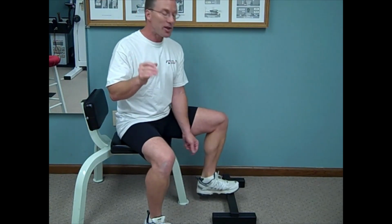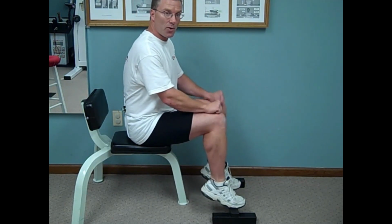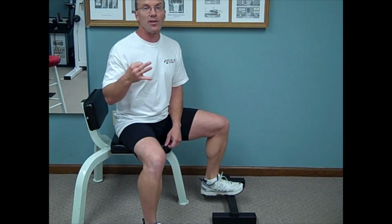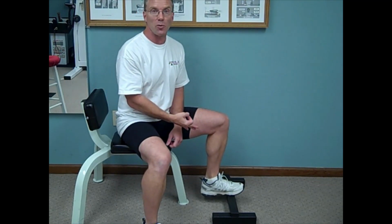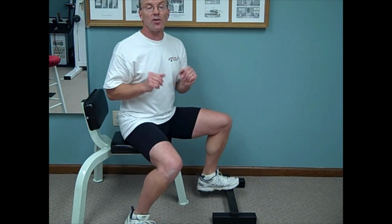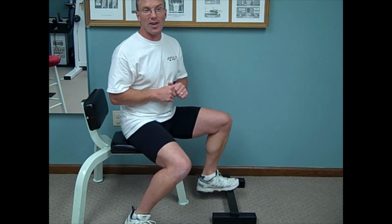Now if you have a particularly deficient soleus, you might be tempted to try the seated heel raise with a barbell here, but as I'm about to explain, it's really not that great of a soleus exercise. And since you can generally handle a lot of weight on it, it's going to put more stress on the foot than it might be worth. The real challenge is in how to train the gastroc. Lock your knees during calf exercises to work the gastroc, and the subpoint from earlier, the seated heel raise puts the gastroc in active